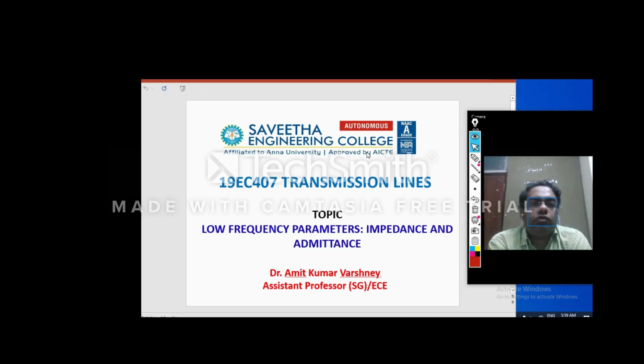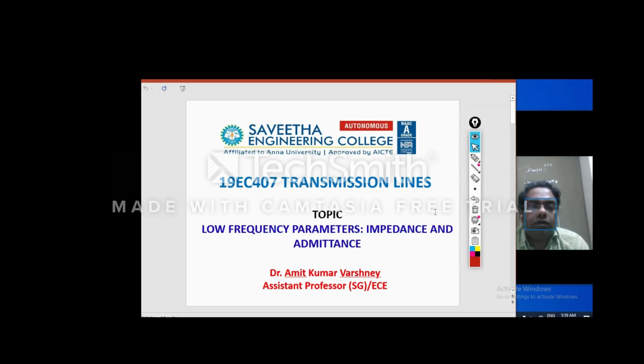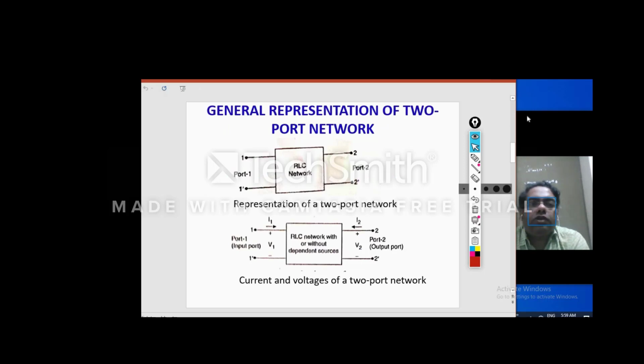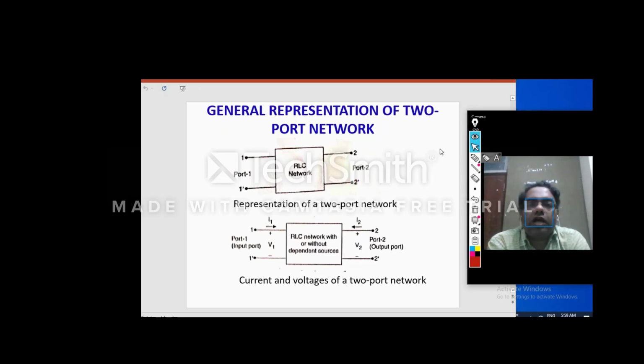So today I am going to start the low frequency parameters, that is impedance and admittance. Now we all know very well that in an RLC network, if I try to represent the two-port network, this is